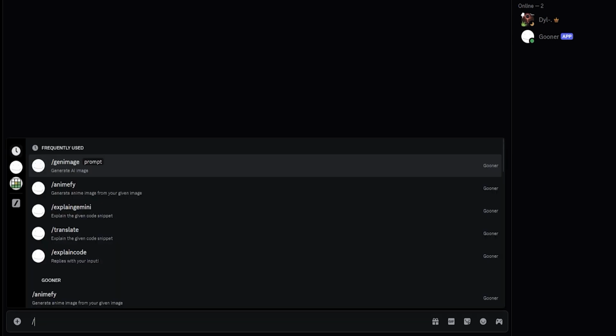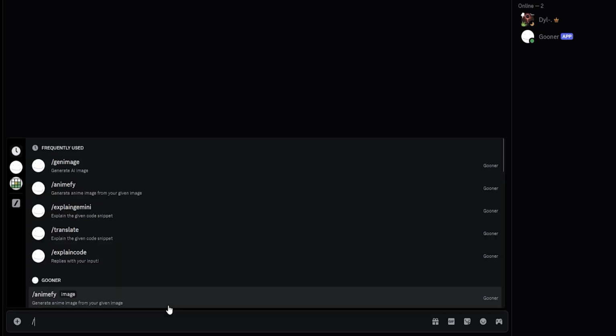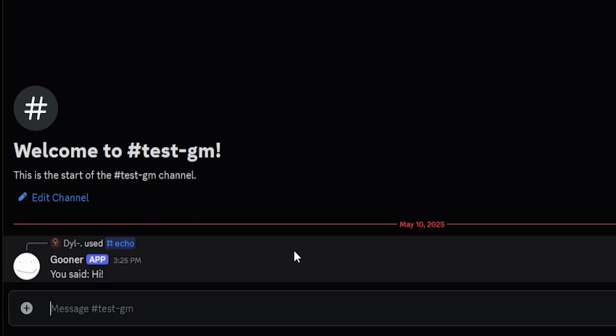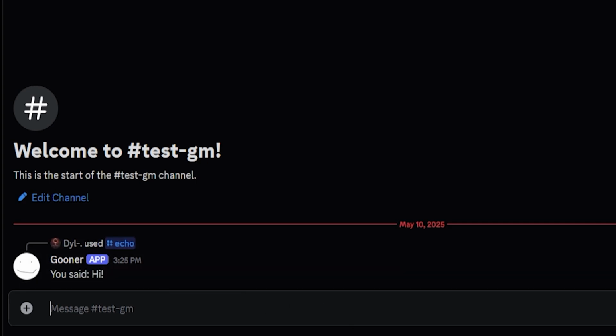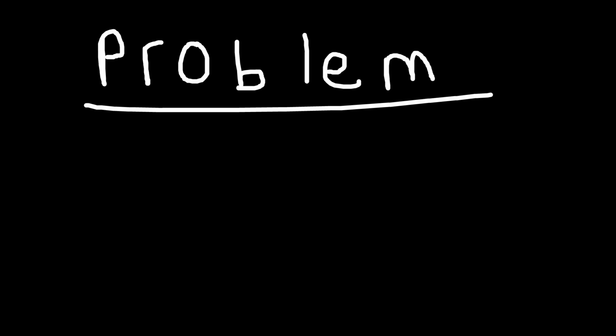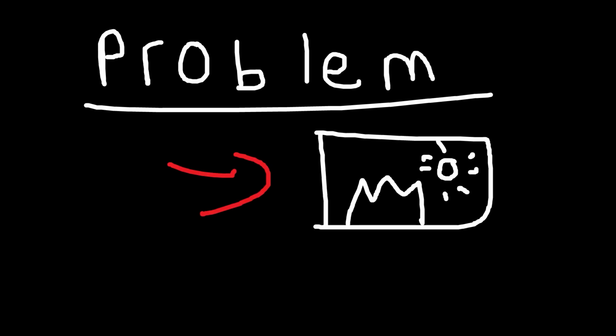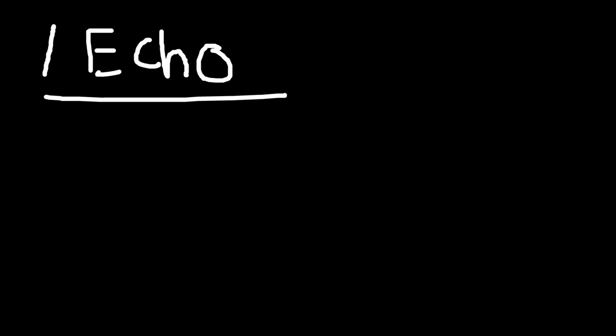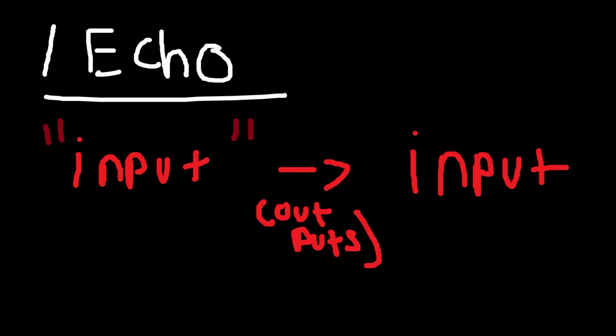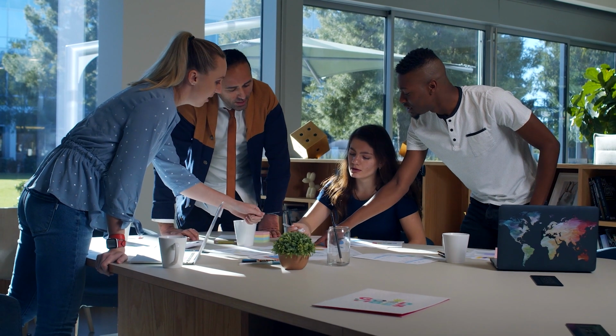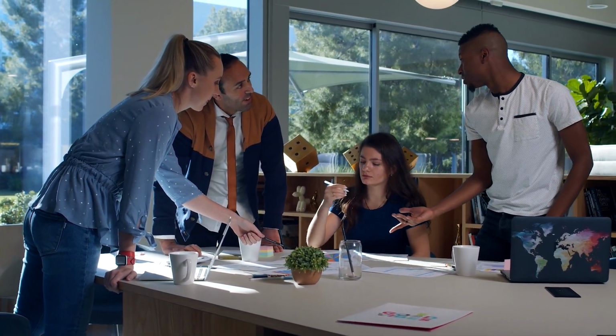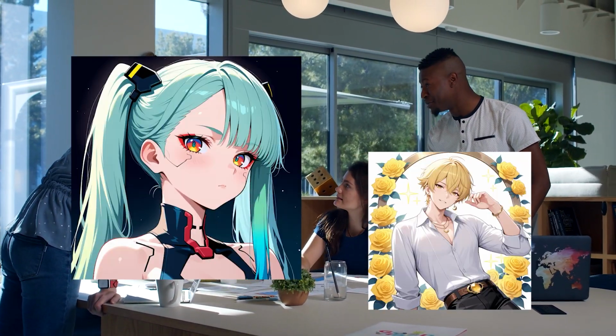now I'm just gonna do a simple command with echo. Hello there. Well, that's a simple part since it's only one command which is saying hi back to you. But the problem here is that we want to generate images. Well, this echo command is just a simple command that replies with what your input to the bot is. But what we are trying to achieve here is so much more, which is generating the image and integrating it